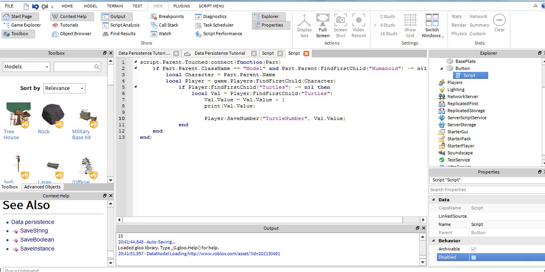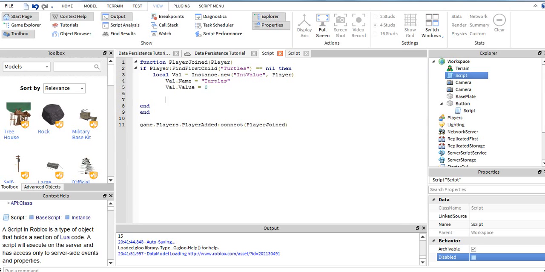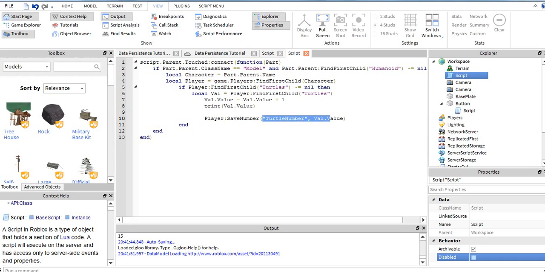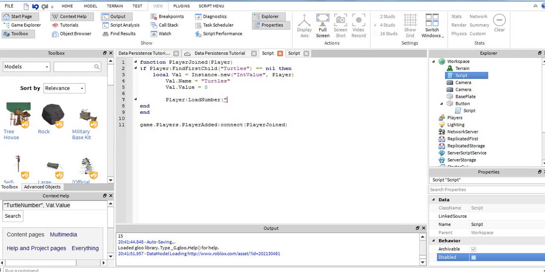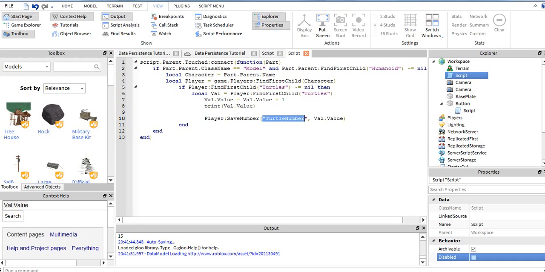Now, even if we have the number saved, we still have to worry about loading. So that's when we get into LoadNumber. You're going to want to make sure these are the same. With LoadNumber, you have the name of what you're trying to load, the string, and then what you're going to put what you loaded to. Here we have what we're saving it as, what we're naming it, and then what we're saving itself. So we name it turtle number,